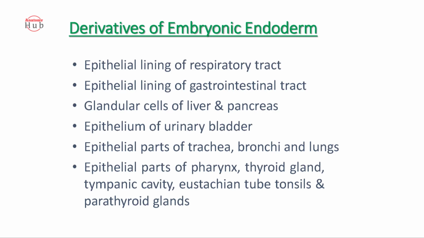Endoderm mainly forms the lining of the gastrointestinal tract, respiratory system, tonsillar parenchyma, thyroid, parathyroid glands, thymus, pancreas, liver, lining of the urinary bladder, major part of the urethra, pharyngotympanic tube, and lining of the tympanic cavity, and tympanic antrum also, and the tympanic membrane also derived from this endoderm.